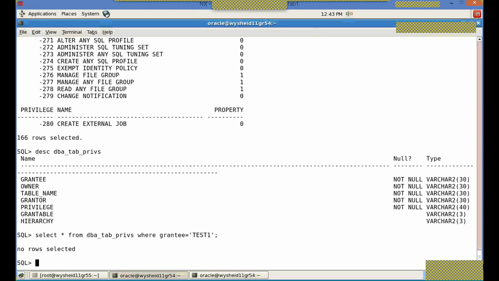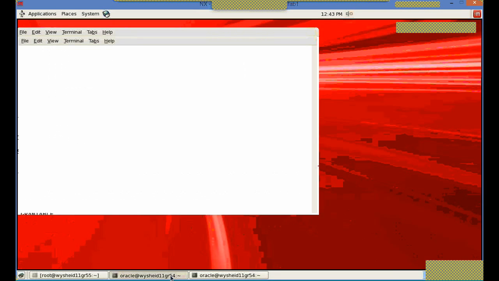There is no row selector because we have not granted any table level or object level privilege to test1. Now what will we do then? Let's have test1 create a table. He already created a table. Let him grant certain object level privilege to the user. Okay, so let me go back